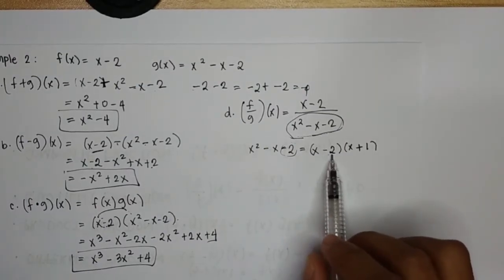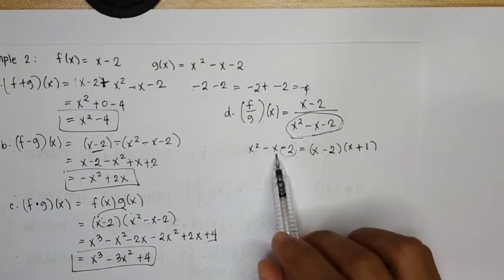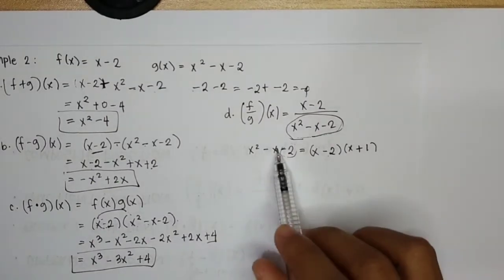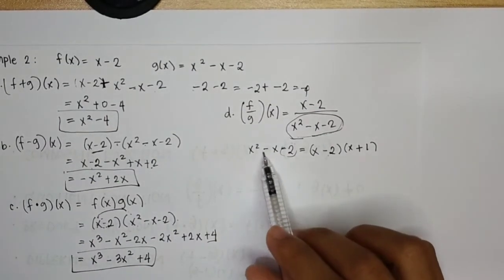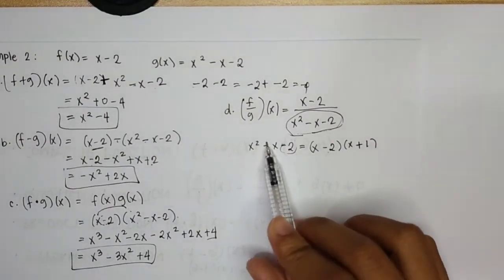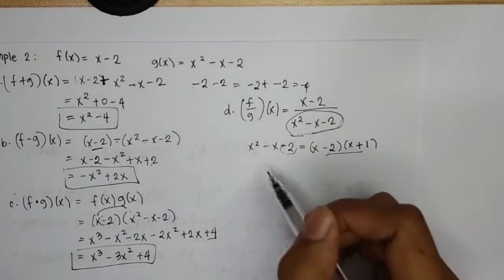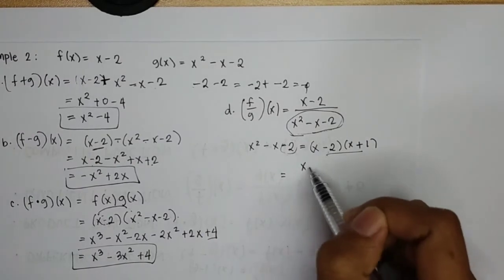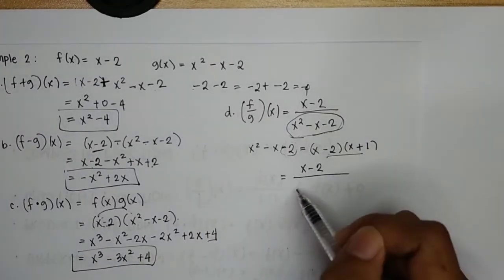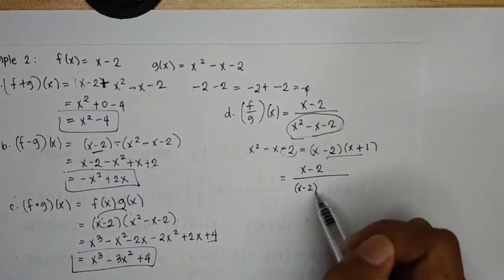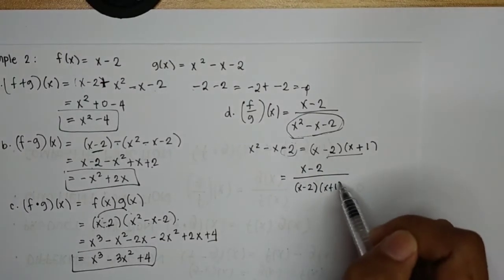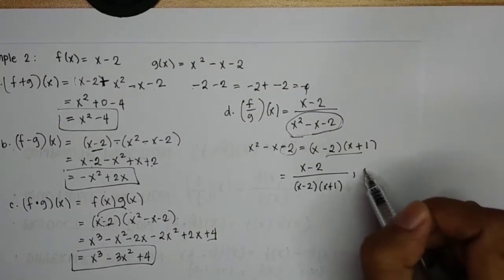Bakit nasa 2 yung negative? Kasi dapat nasa bigger number yung magiging negative natin since negative yung middle term natin. Okay? So let's write this one like this. So we have now x minus 2 over x minus 2 times x plus 1 wherein our x must not